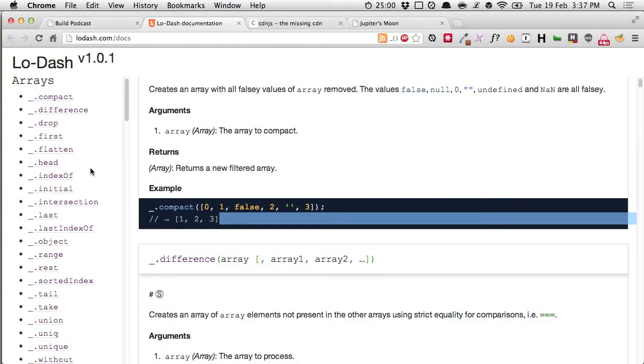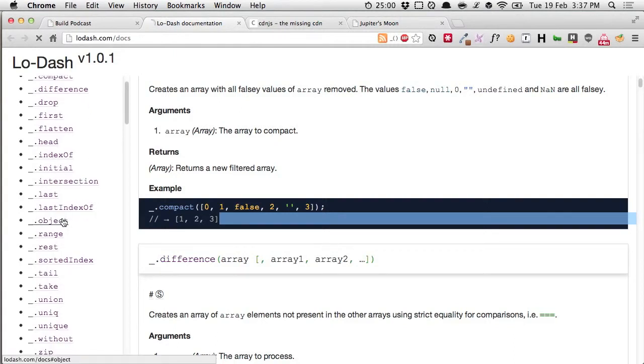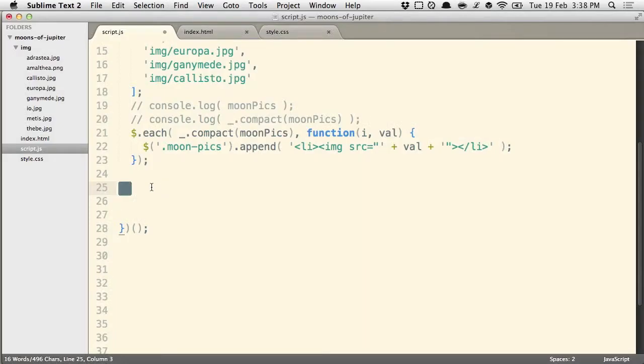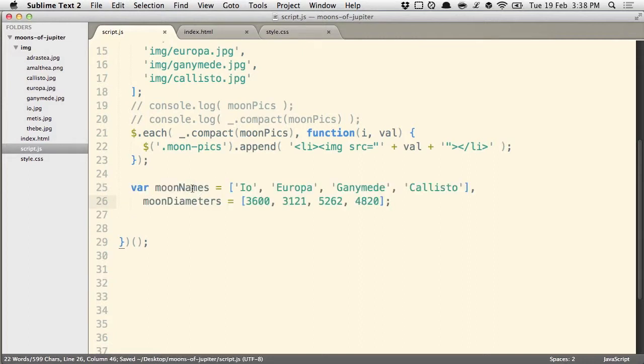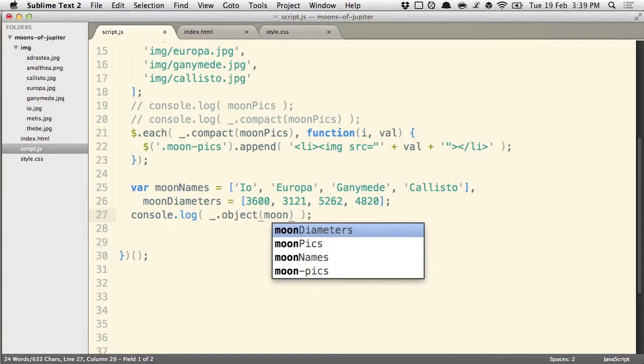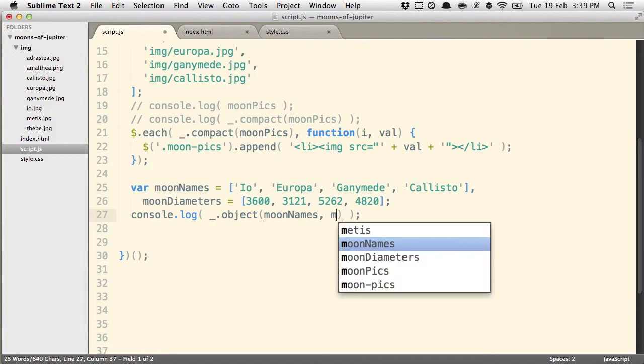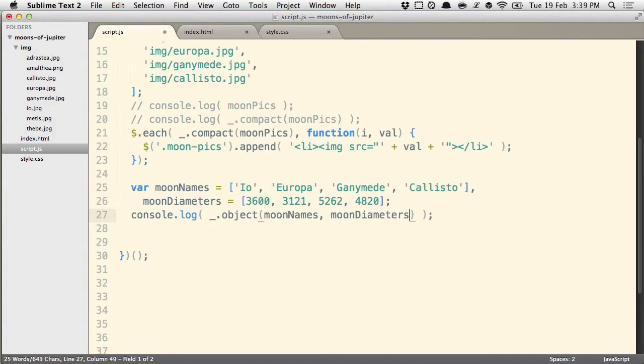Next we will look into another function that is called _.object. I'm gonna just paste in 2 arrays like so. So the array 1 will have moon names and the moon diameters. I'm going to combine these 2 arrays and create an object out of it. So why don't we just do a console.log. So I'm going to pass in _.object, and my first array will be moon names and the second array will be moon diameters, and each of